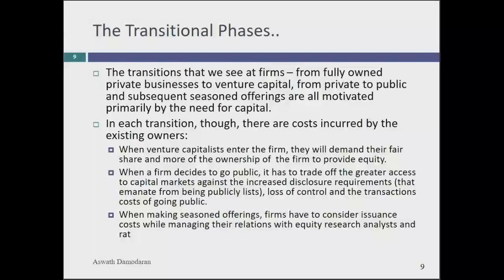That VC phase eventually becomes a public equity phase, the Pinterests, the Lyfts of the world. And what usually used to drive them there was the need for more capital than the VCs would provide and the need for VCs to exit. Remember, VCs don't want to be owners of your company for the rest of eternity. In fact, every VC pricing, notice again, I use the word valuation, has an exit. Basically, they say 3 years from now we're going to exit, because you need to collect your cash and move on. So the transition to going public is partially driven by the need for VCs to be able to monetize